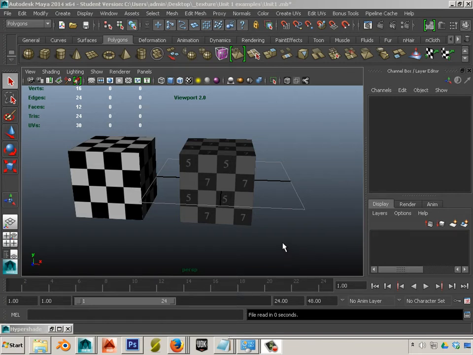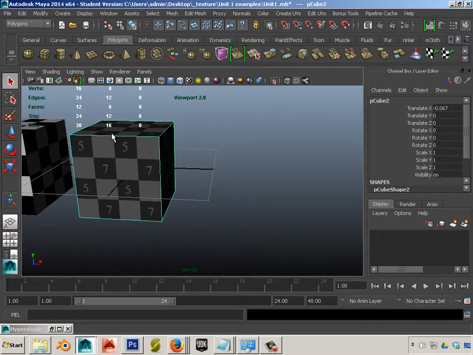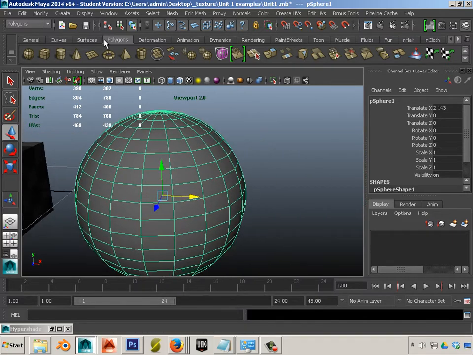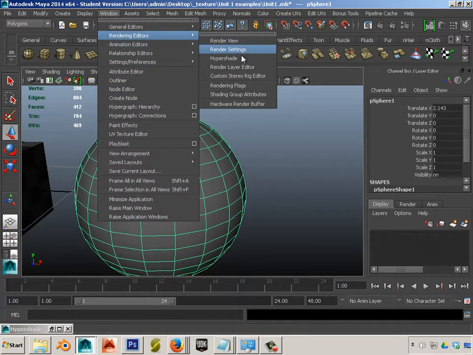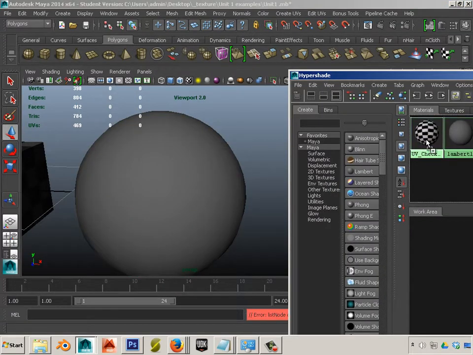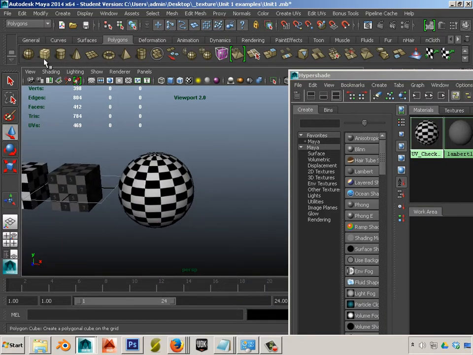UV and shell manipulation. Alright, so right now, all our UVs are made for us because this is a default box. And every object here in Maya, these primitives, for example, if I just drag one of these out and go to Window, Rendering Editors, Hypershade, go to Materials, click and drag middle mouse button, you'll see that each one of these